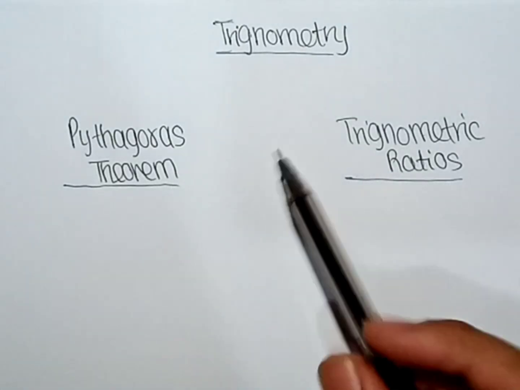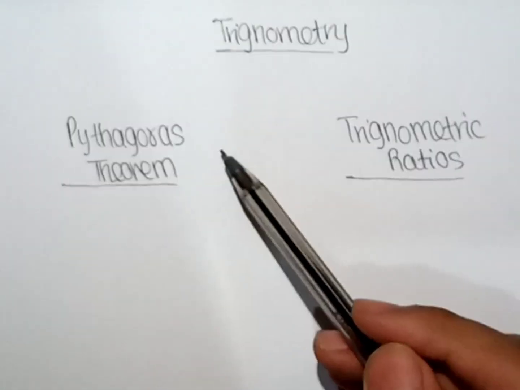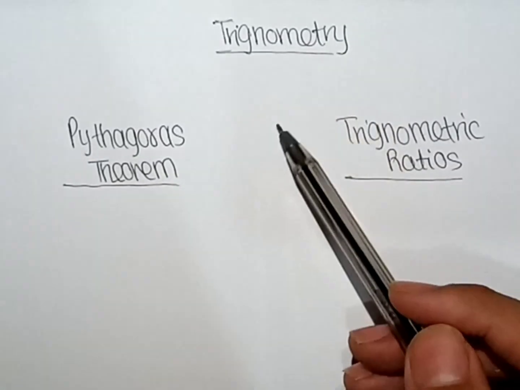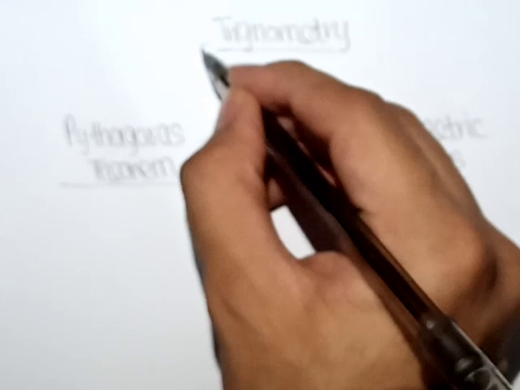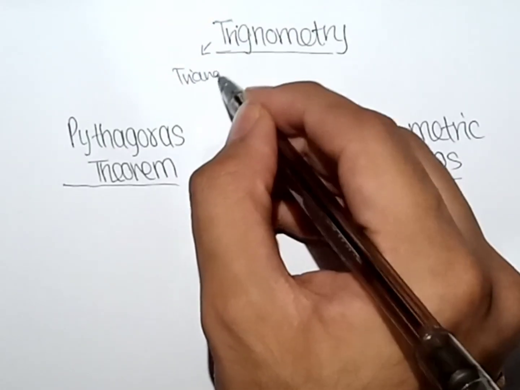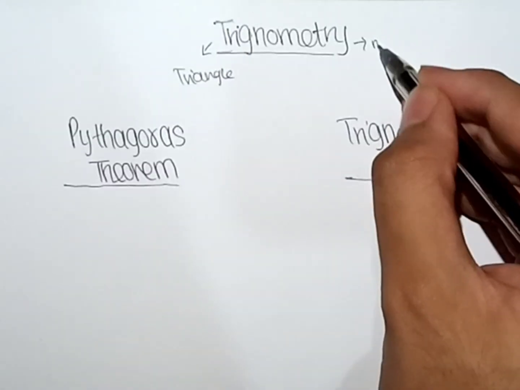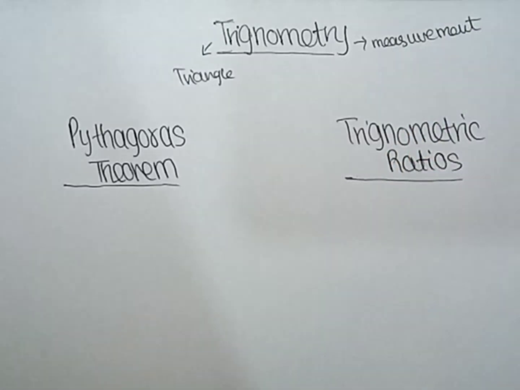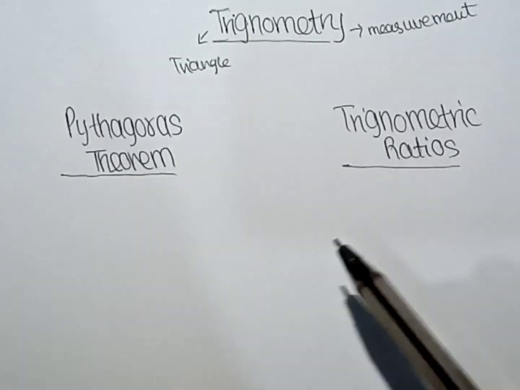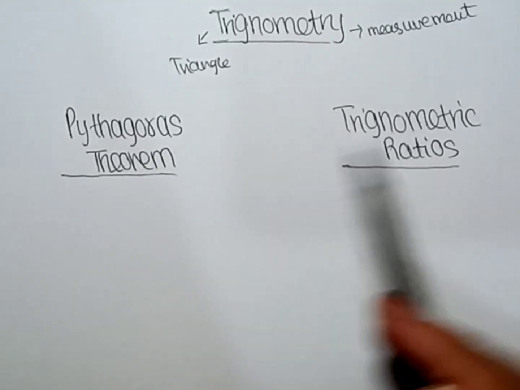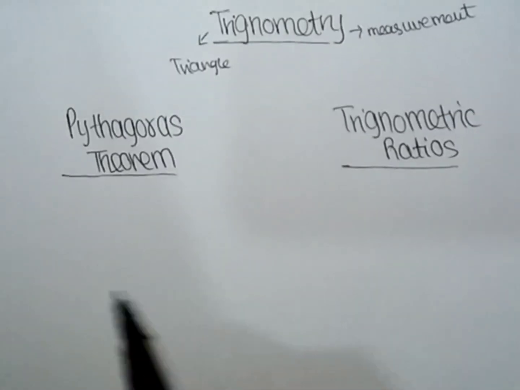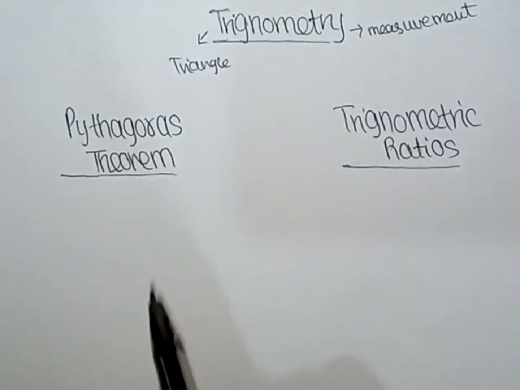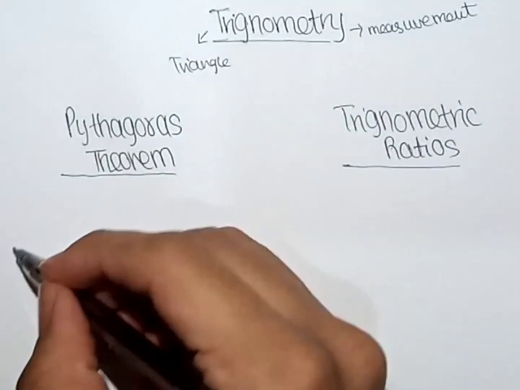So what is trigonometry? Trigno means a triangle, where metry means the measurement. We can consider it as a measurement of the triangle. We will learn about Pythagoras theorem and the trigonometric ratios. So what is the Pythagoras theorem? It is actually a formula which can only apply when your situation is like,